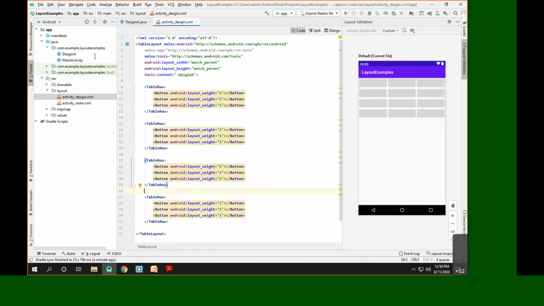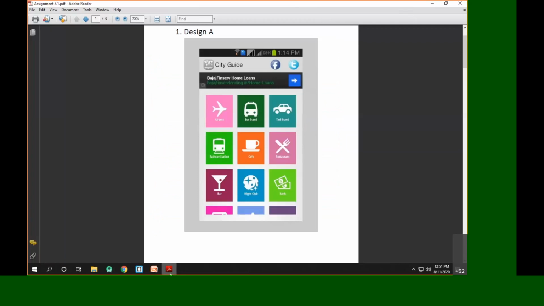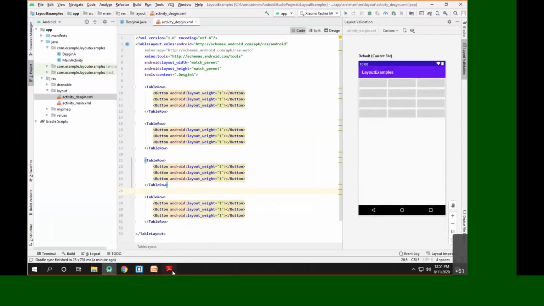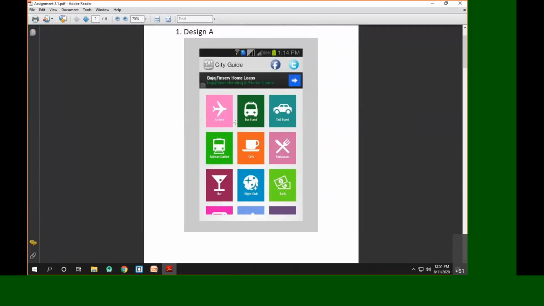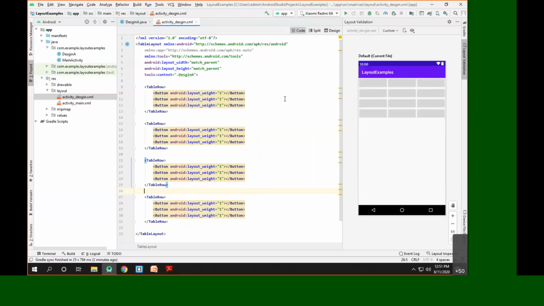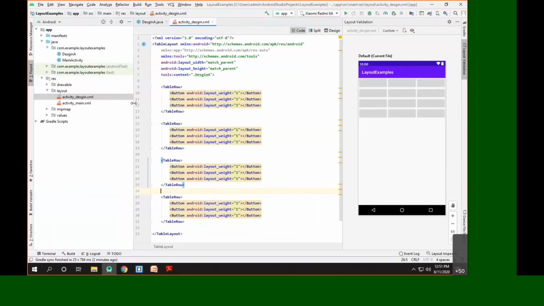Now we have the layout, which is quite similar to this particular window. Now what we are supposed to add is the icon. Two ways are possible for adding the icons. Either you can go on the internet and download the icons separately, or you can make use of the material design provided by Google itself. Google provides some icons called the material icons. Simply use this. So what we'll do here is we'll simply right click on the drawable.